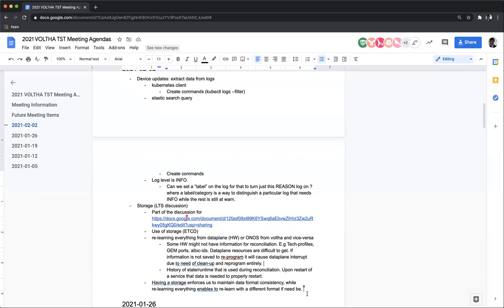But yes, if we want to go back to the previous point, if we want to avoid service interruption, saving that flow ID to data plane resources mapping is required. Is that a correct understanding, Girish? Yeah. Okay. So,